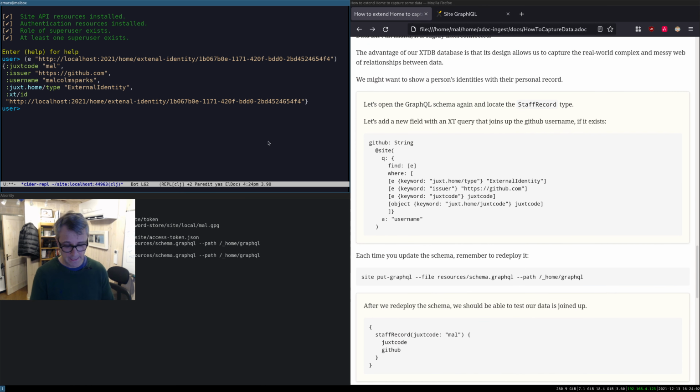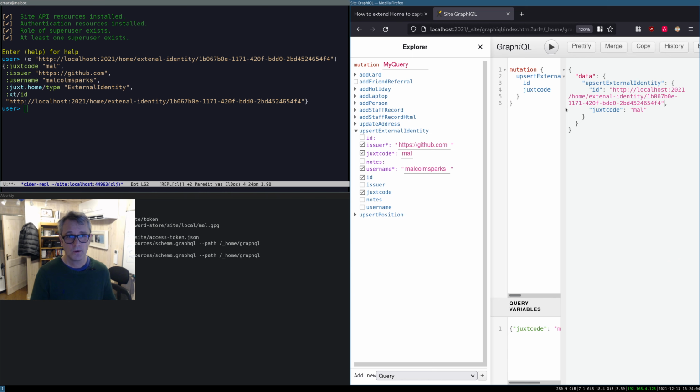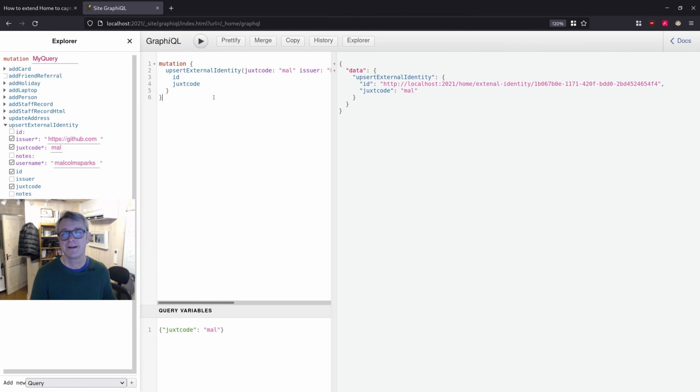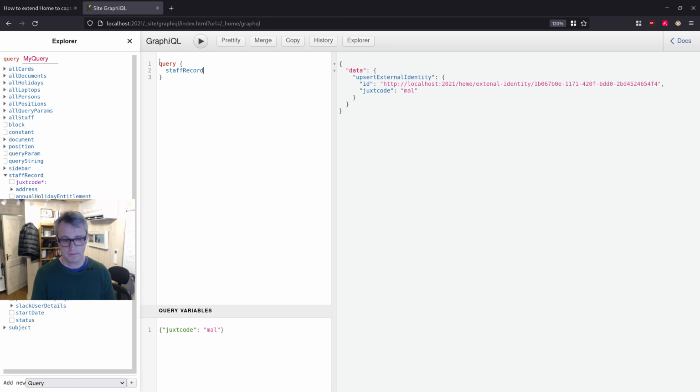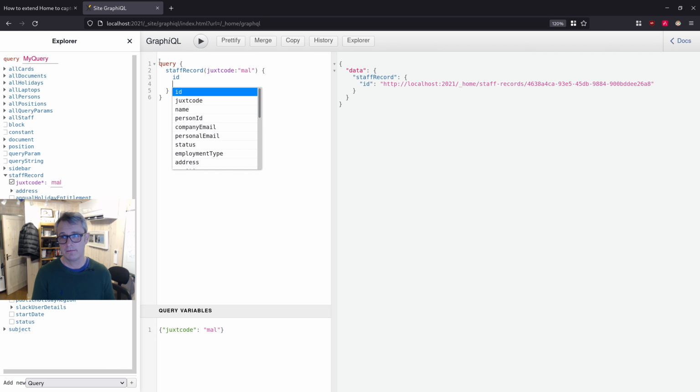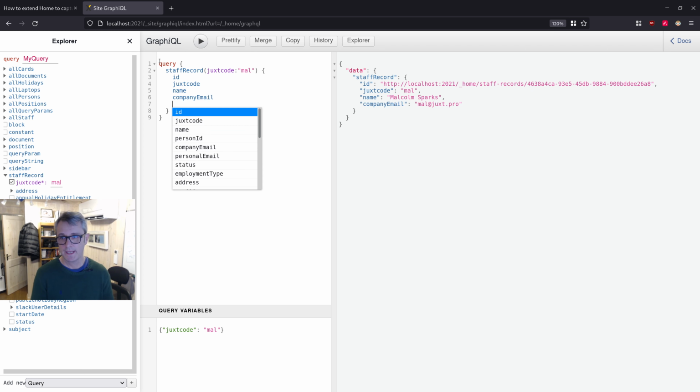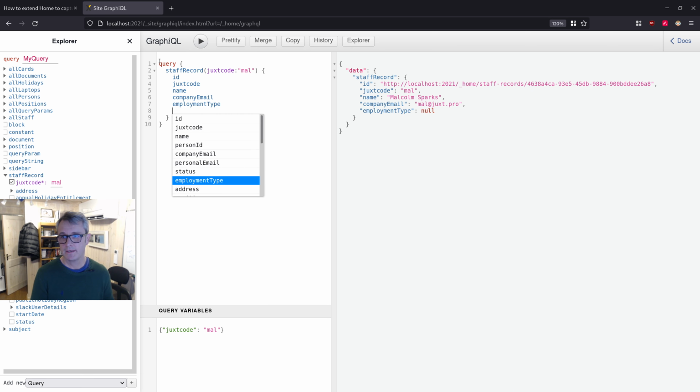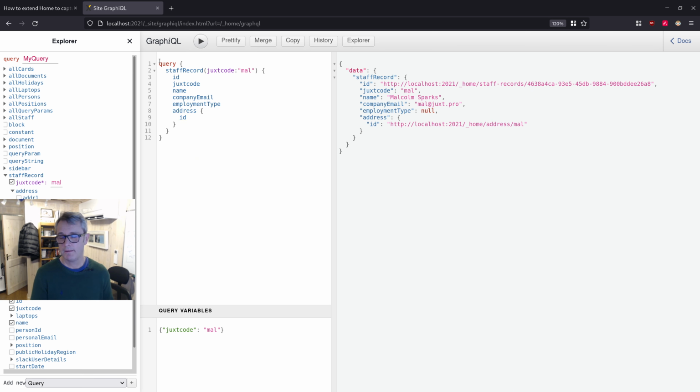So the way I'm going to do that is I'll just demonstrate this thing called a staff record. So I can do a query, staff record, and I can say JOX code mal, and now I can get all sorts of things about mal. I can get the JOX code, I can get even the name, should be me. This is the magic of GraphQL. I can choose the things that I want to get, and then I can get my address, I can get holidays,